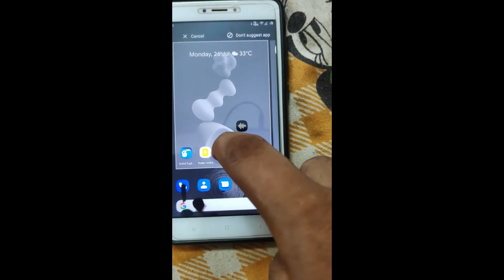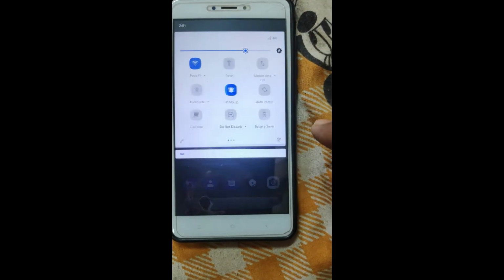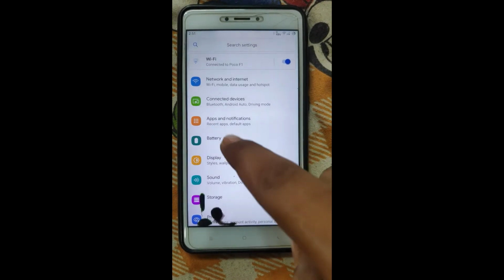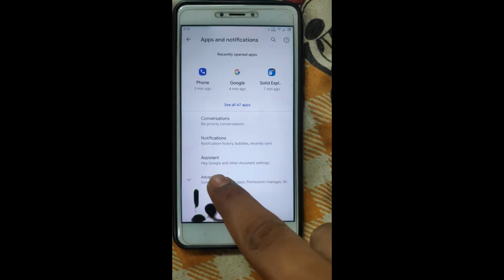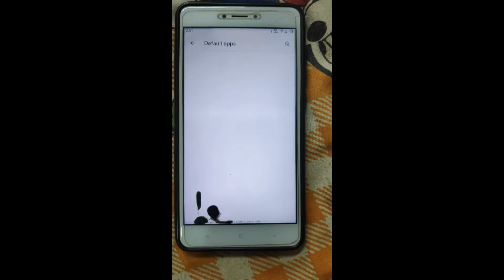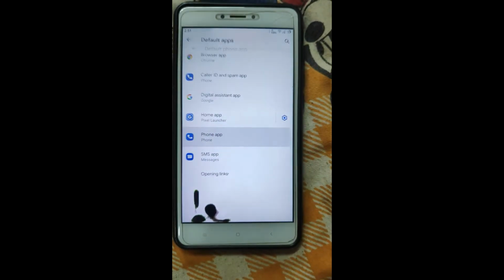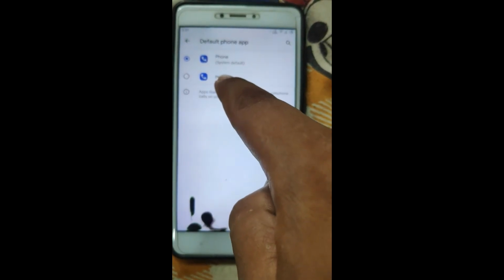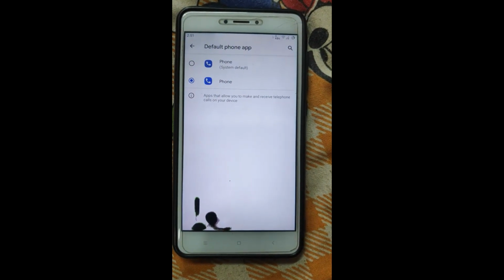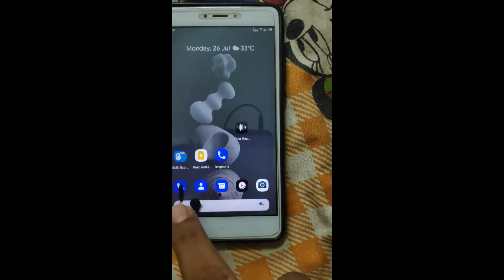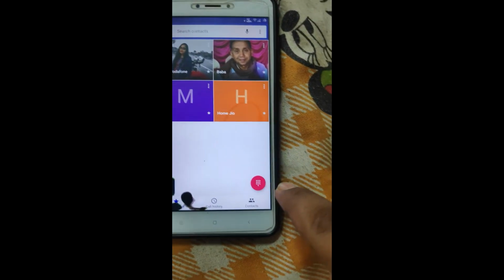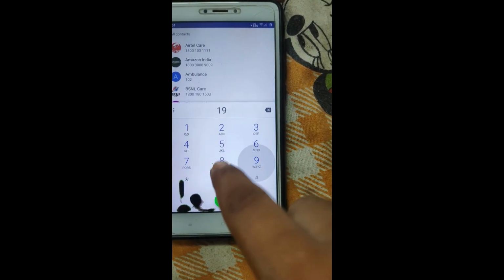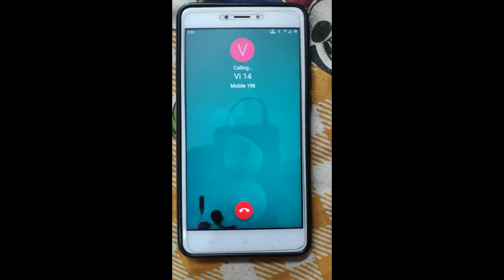So I'm going to transfer it to my home screen, and you have to do one more thing: go to settings, go to apps and notifications, then go to advanced and go to default apps, and change the phone app to this, because this default is the Google dialer, and right now which I just installed is the AOSP dialer. So I just press this and go and dial something. I'm going to dial 198, which is the customer care, and yes,